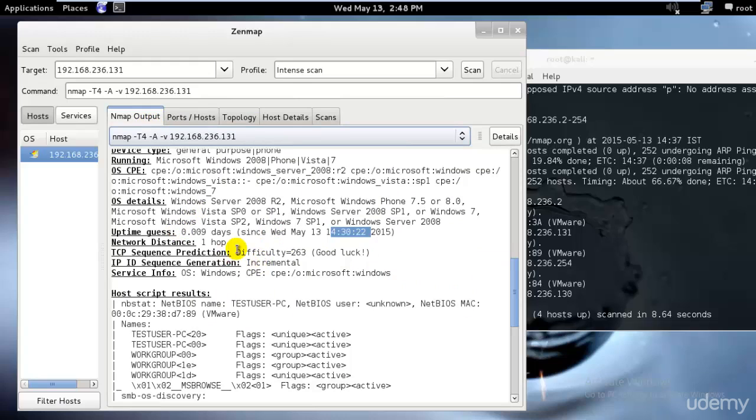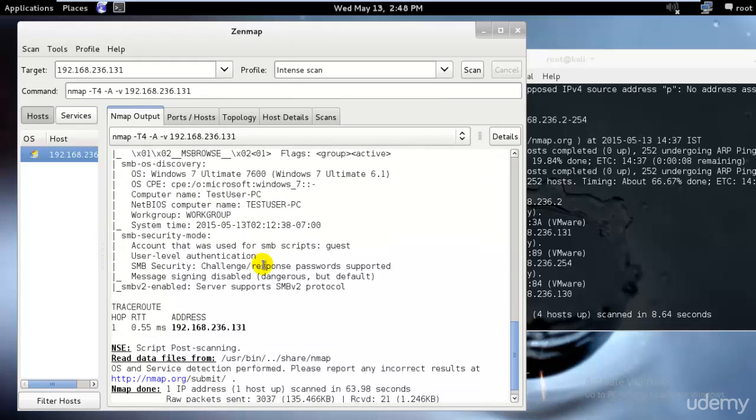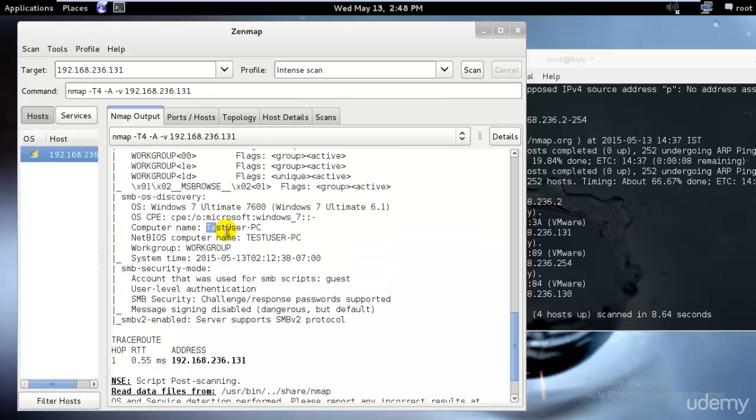And as you can see, we have the TCP sequence prediction, that is 263. That means we can easily penetrate into that. Again, the operating system is Windows, and we have all the information that we need. The computer name was test user, since